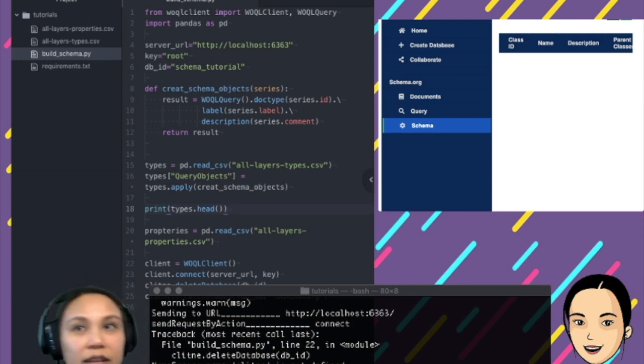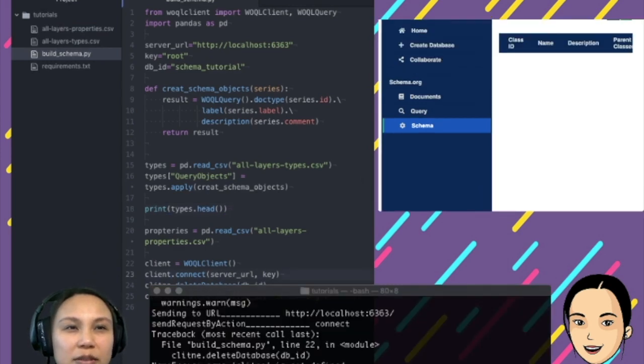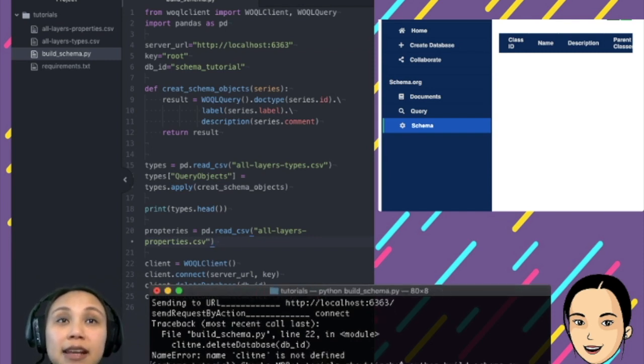Oh, there is a failure. Why? Did I spell something wrong again? Yes, it's a spelling mistake. That's so inconvenient, my horrible spelling. It's fine. We're going to run it again anyway. You see that it is working, and then it also will print out the CSV for us. Hopefully, unless we come into another error.